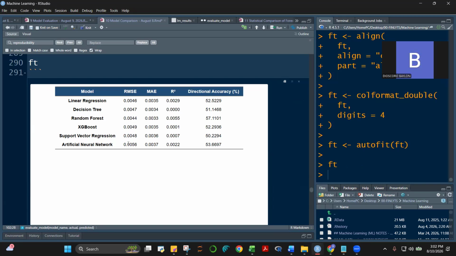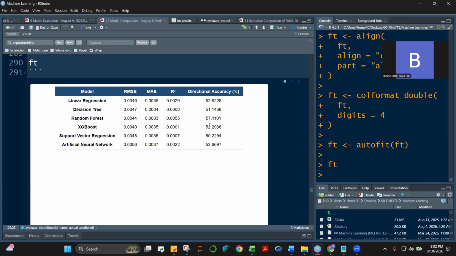No? Sa MAE class, sinong mas okay? Turns out that si random forest ang pinaka-mababa sa MAE, 0.033. R-squared, sa R-squared class, ang pinaka magandang magbigay ng explanation, si random forest pa rin. Ganun din class sa directional accuracy. Okay?